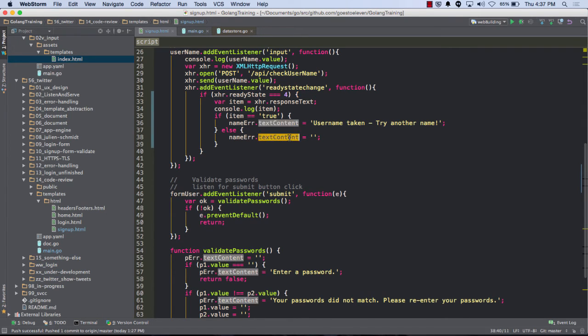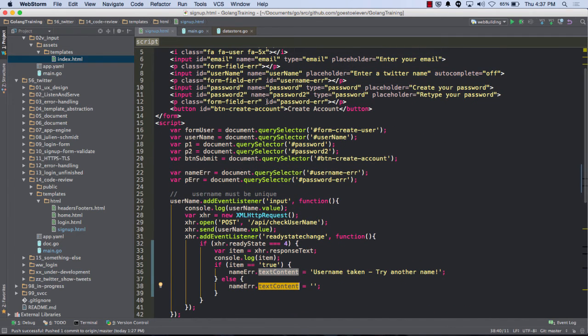Text content, not value, because name error is a paragraph. Where is it? Username error should be right here. Oh, because I called it name error. There we go. Username error. That's the connection.